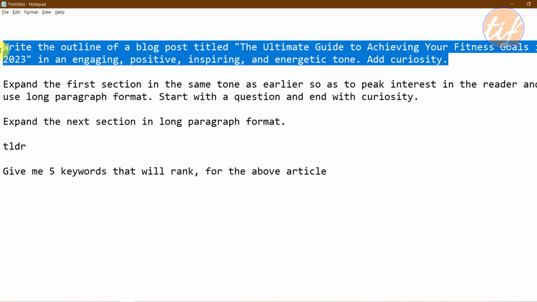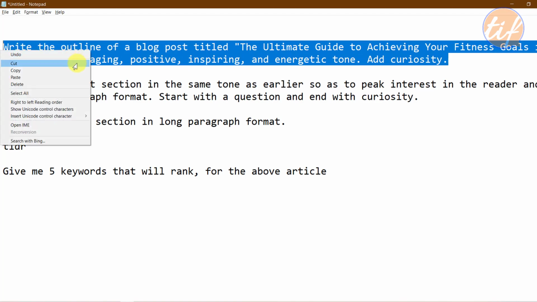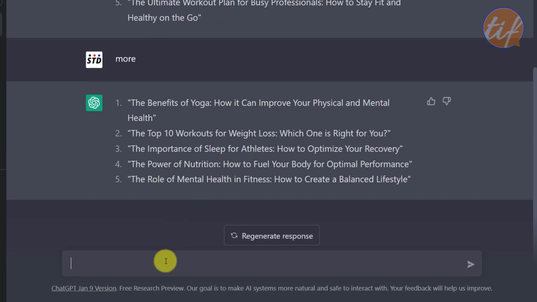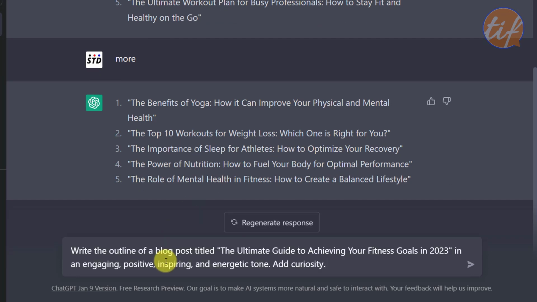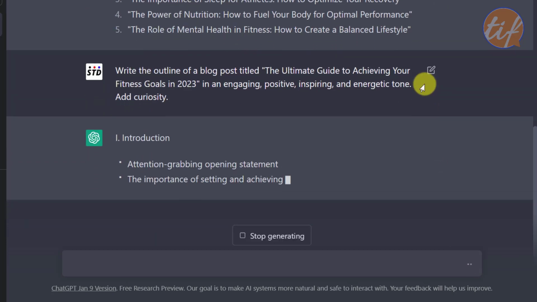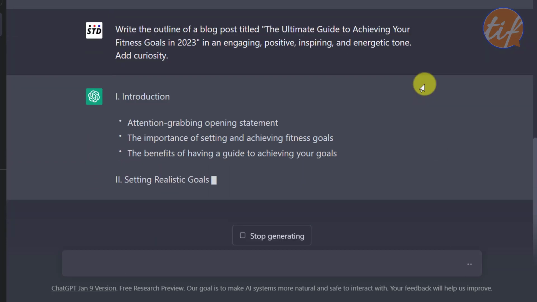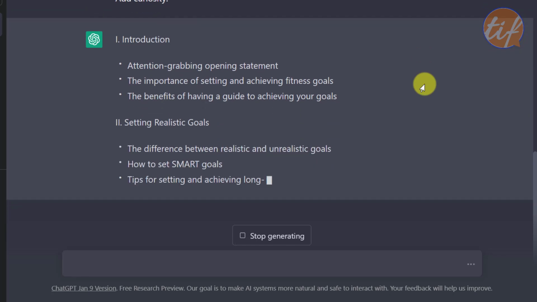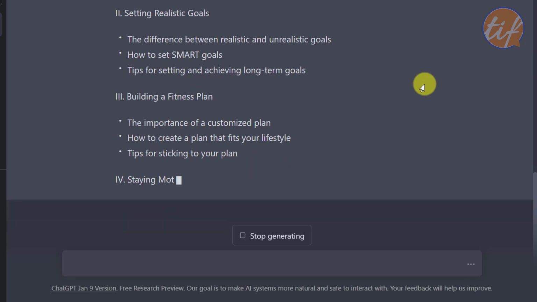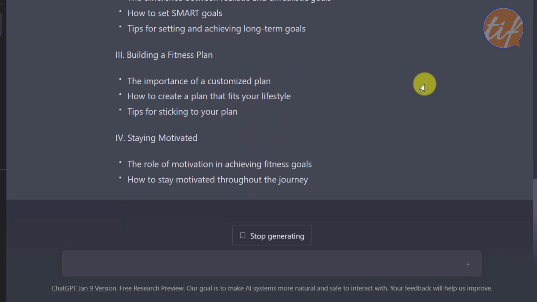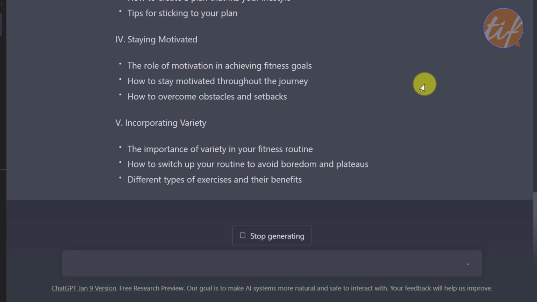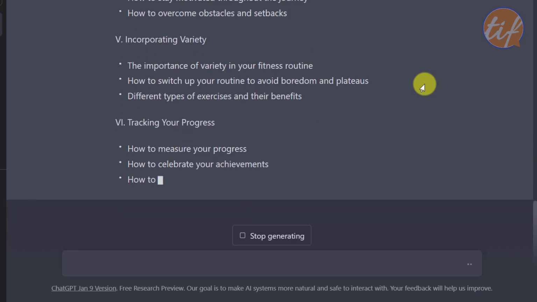So let me see what it gives. I'll cut it from here, and once I'm back to ChatGPT, I'm going to paste it here and see the outline for this particular blog post. So it just started to generate an outline with introduction, setting realistic goals, then building a fitness plan, and then staying motivated and incorporating variety. Okay, it's been too long. Tracking your progress,